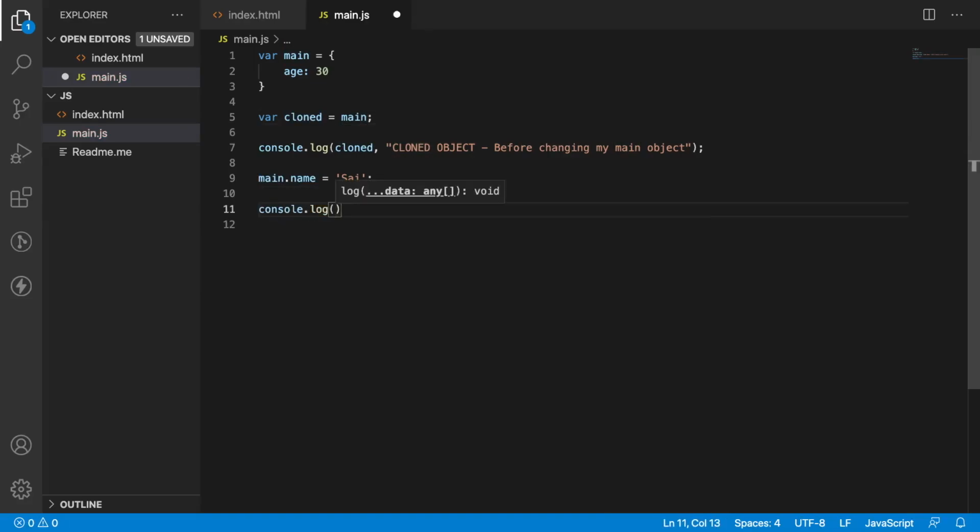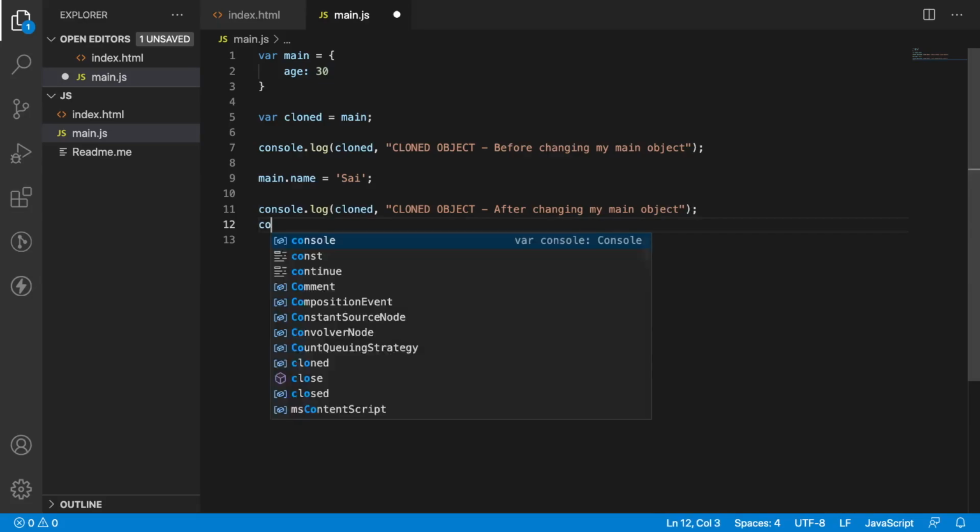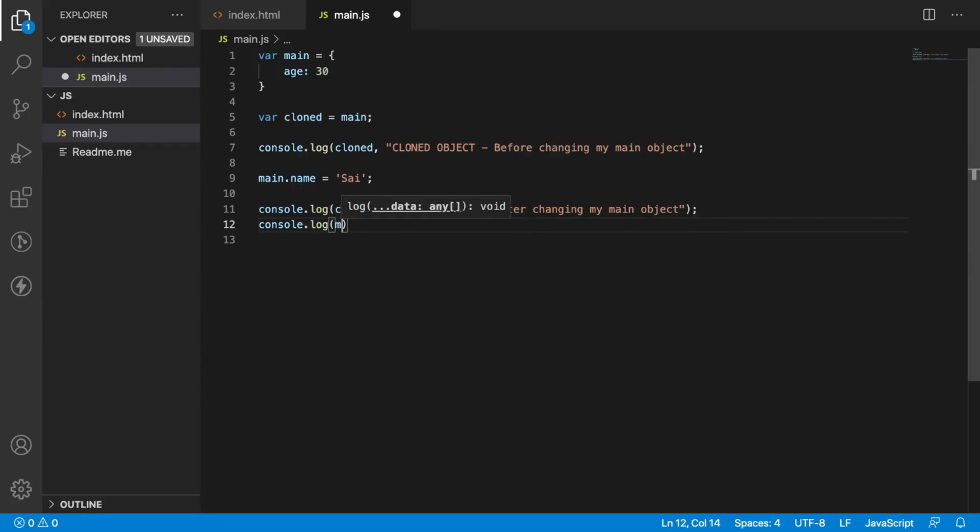Console.log of cloned object which is after changing my main object, and let me print main object also, main object after changing my main object. So this is what I have done. I have changed only my main object but not cloned object.